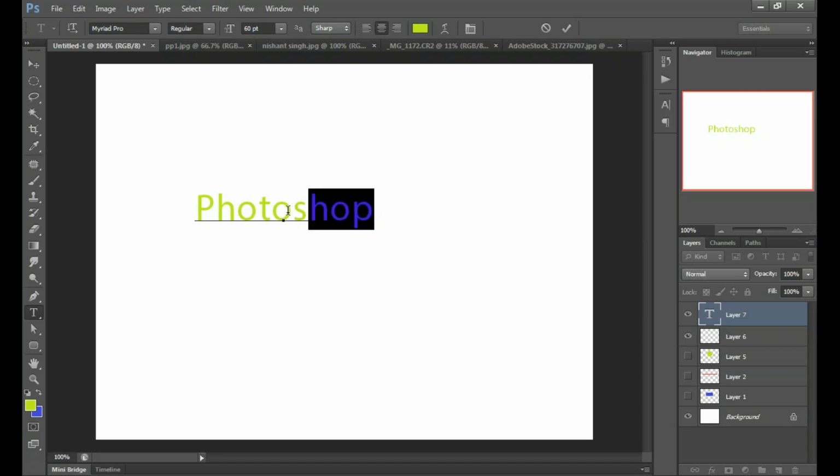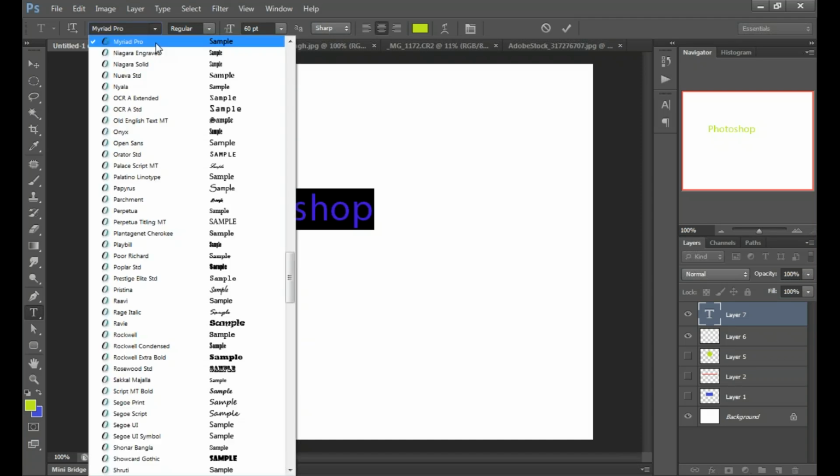Okay, so select the text. Now we have a different color. You can get all the properties related to the text on the options bar or properties bar over here. You can change the font from here.